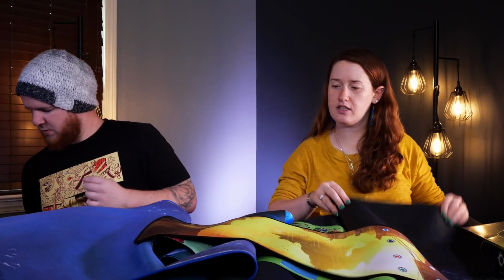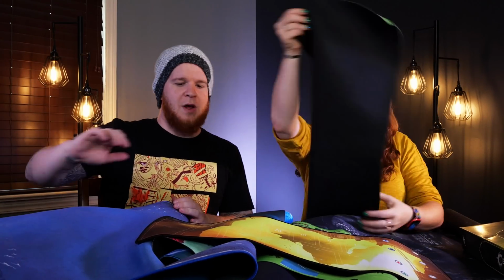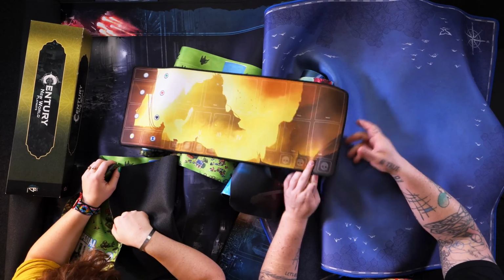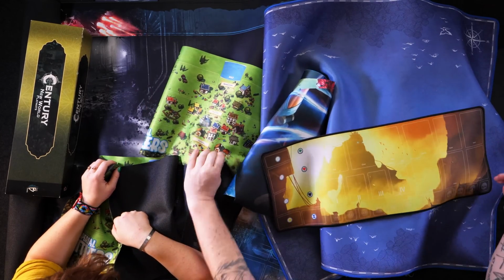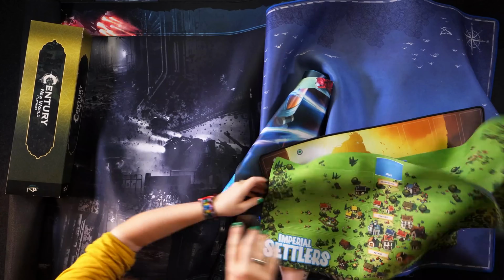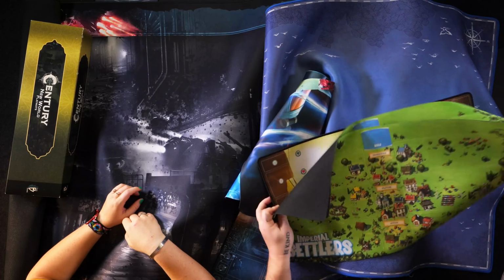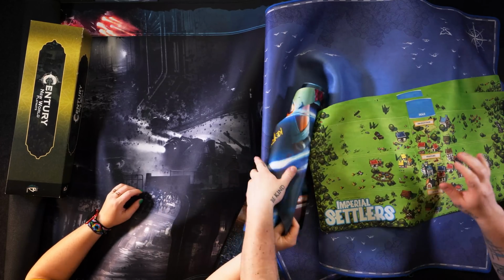All right, let's start going through these. So we have a lot of playmats here from games that I just don't get off the table very often. So that's going to be true here with Settlers. It's going to be true with the playmat underneath. These are games that the playmats would probably be nice if I played them. That's going to be true here with